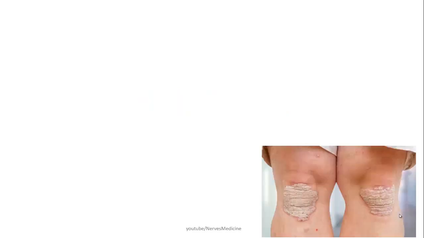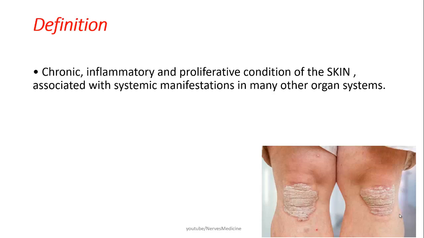Today we are going to talk about psoriasis. Psoriasis is a chronic inflammatory and proliferative skin condition associated with systemic manifestations in many other organ systems. It is a chronic inflammatory skin condition that involves hyperproliferation of the keratinocytes in the epidermis with an increase in